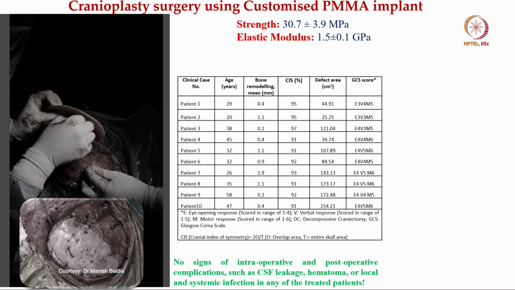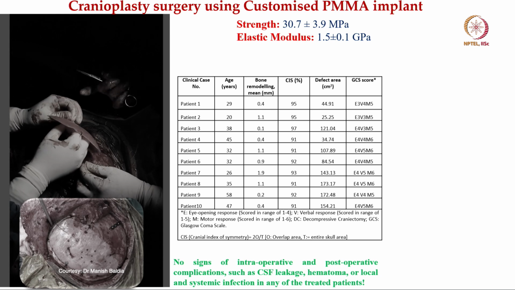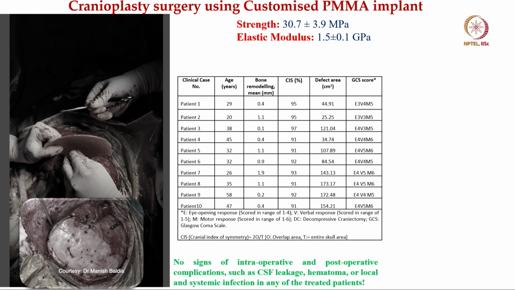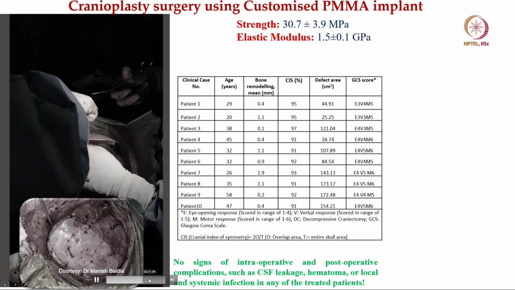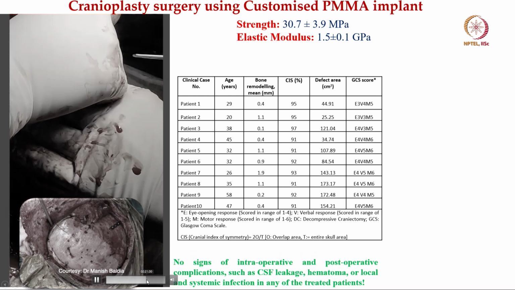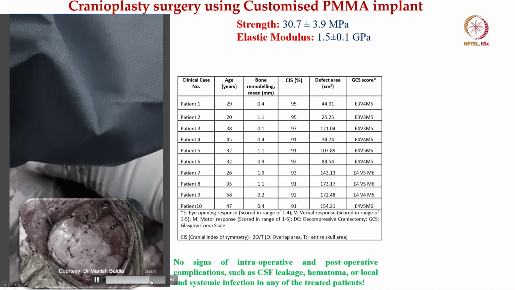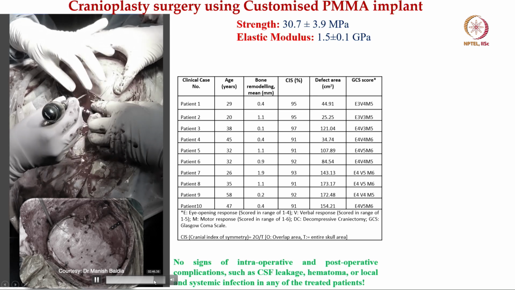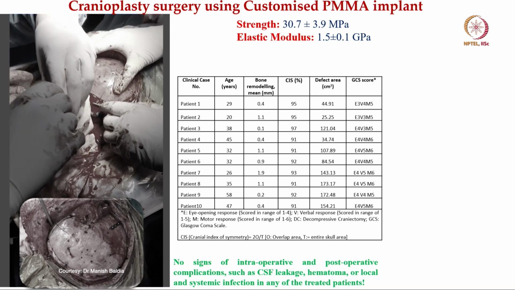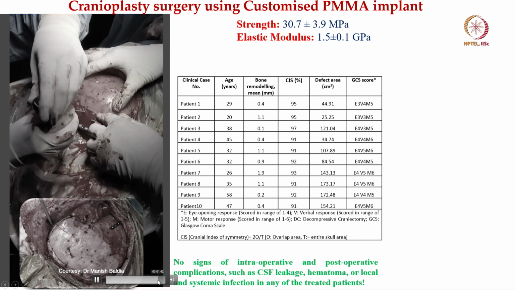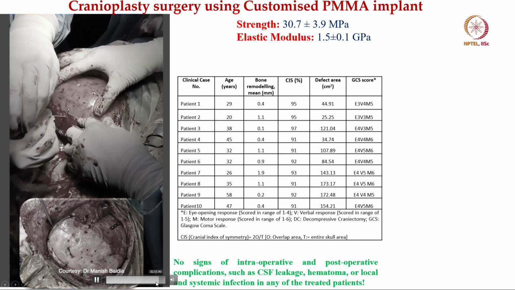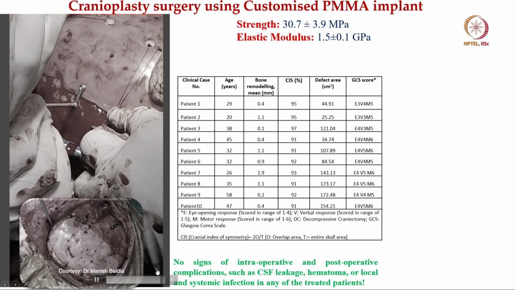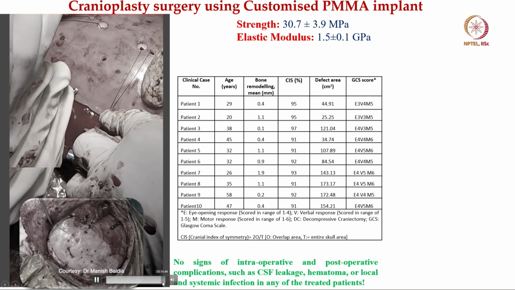Now, these polymethyl methacrylate bone flaps are put into the cranial defect place and sutured, and they are placed in the patient, and you can see they are perfectly fitting into the cranial defects. After that, they are fixed with the titanium bone plates and titanium screws, and you can see that it is perfectly placed at the cranial defect.